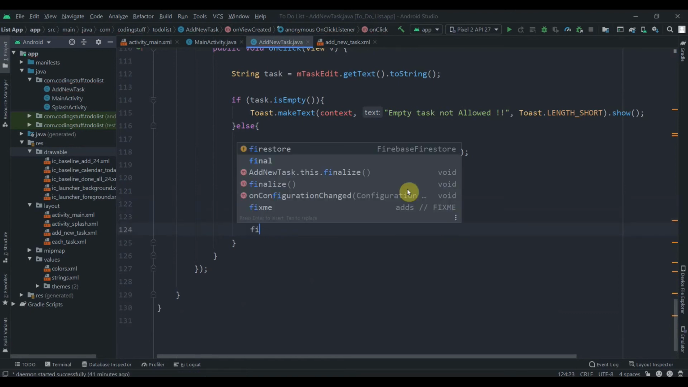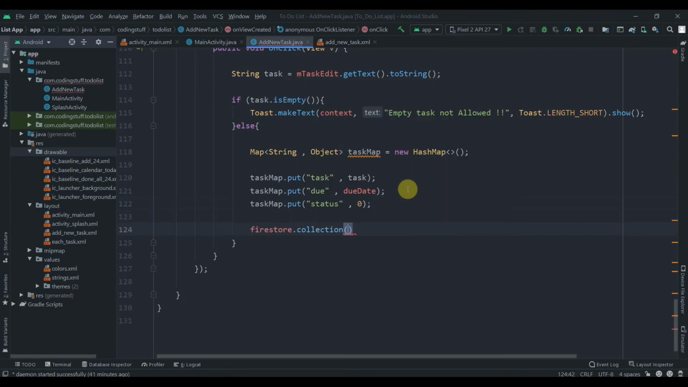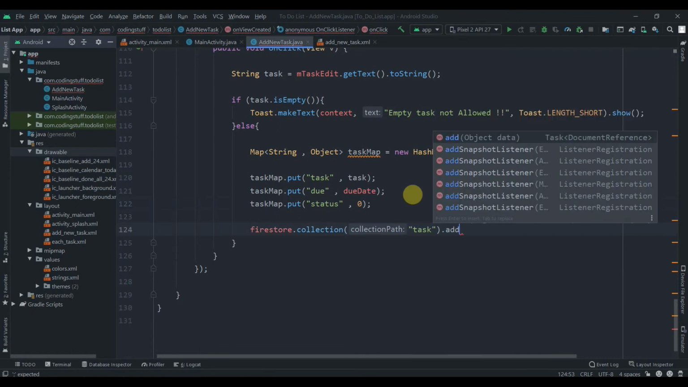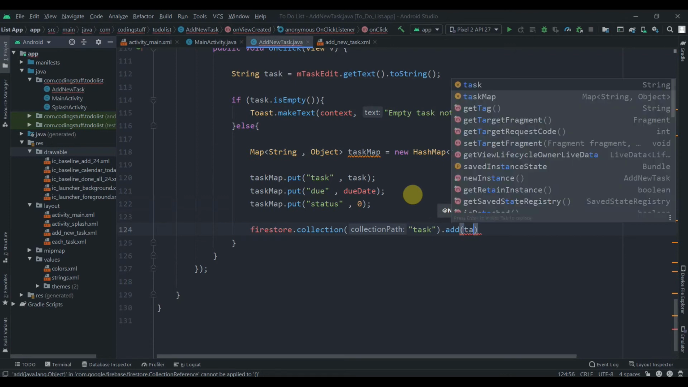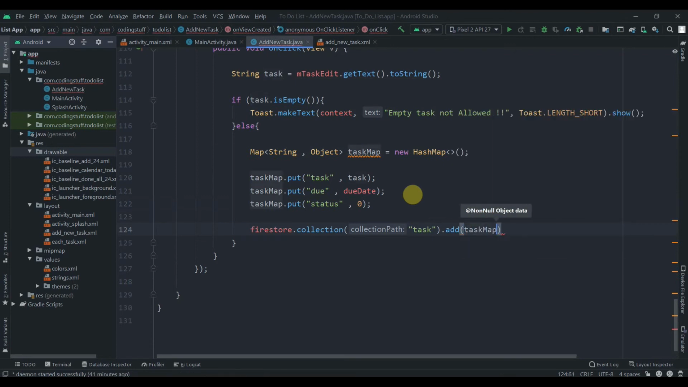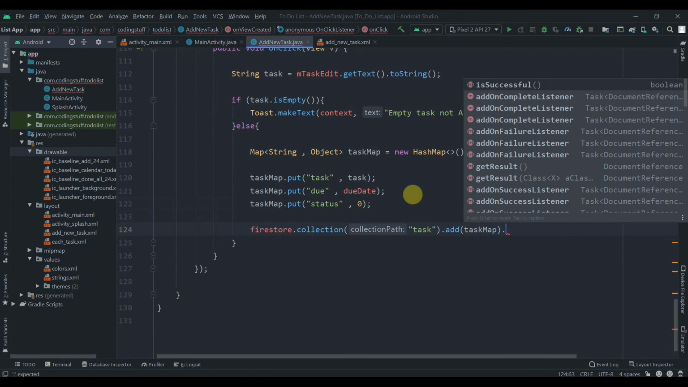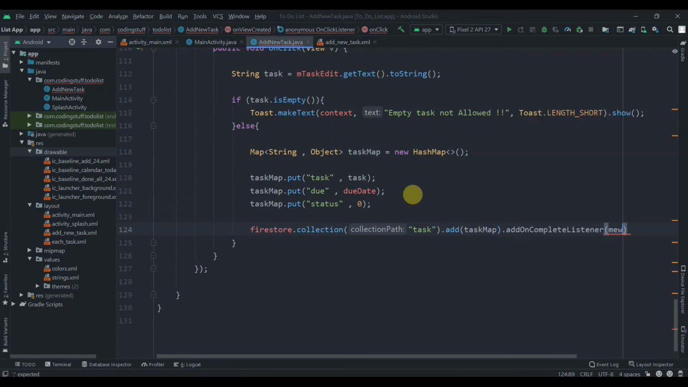Then we'll call our Firestore, so Firestore.collection, and we'll name the collection "task". Then we'll use the add method, so it will automatically generate a random document for us. So here we'll put taskMap. Then we can have a complete listener to it. New OnCompleteListener,